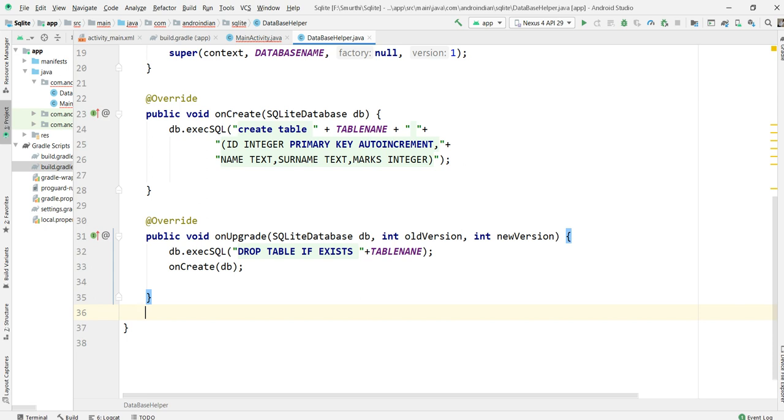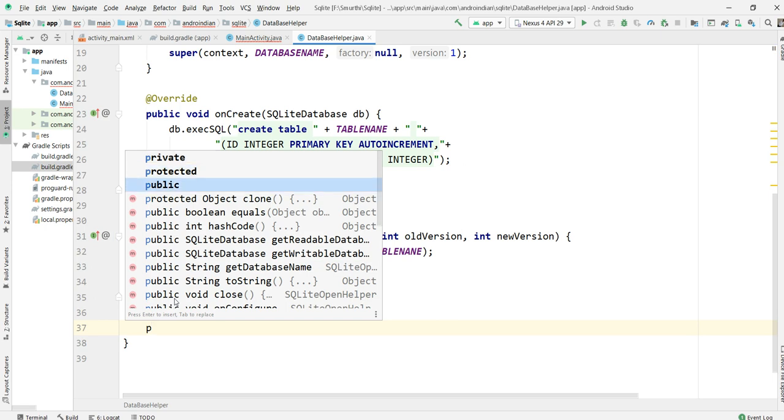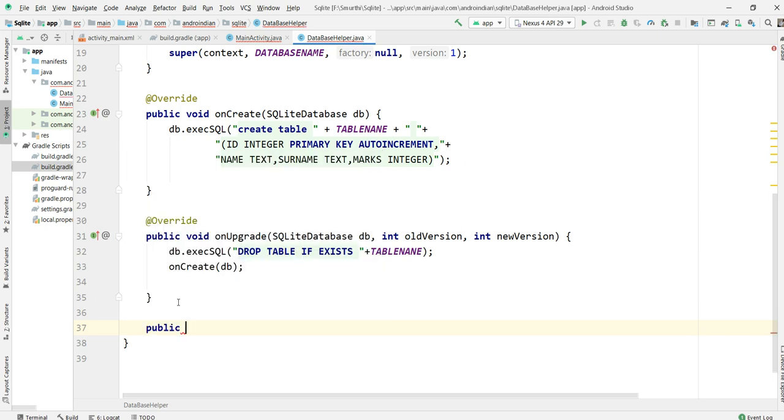So how can I insert this? First I am writing one method for insertion. It's also user defined. I am creating a public boolean, which means it will give true or false, whether the data is inserted or not. So I am writing this insertData.